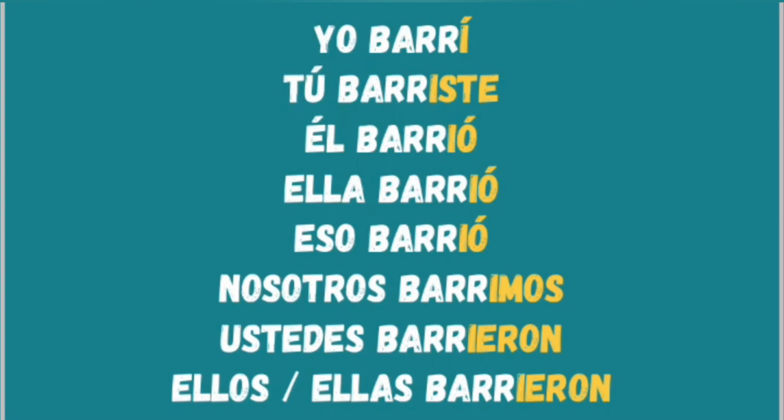Él barrió. Okay, and see the root word is not changing. That's why it's a regular verb. Now, if you want to say she swept, then you have to say ella barrió. Ella barrió. If you want to say it swept, you have to say eso barrió. Eso barrió. If you want to say we swept, you have to say nosotros barrimos. Nosotros barrimos. If you want to say you swept in the plural form, then you have to say in Spanish,